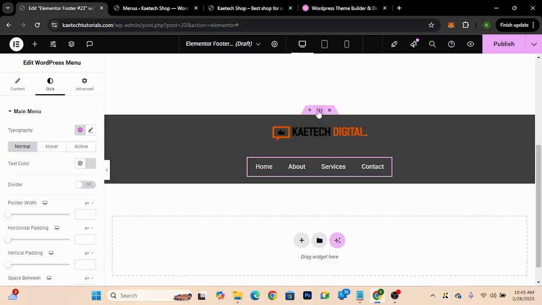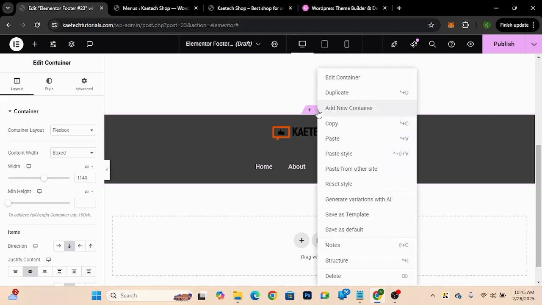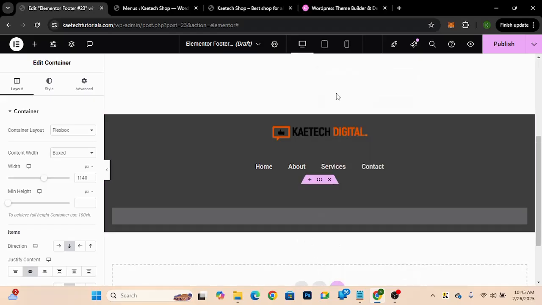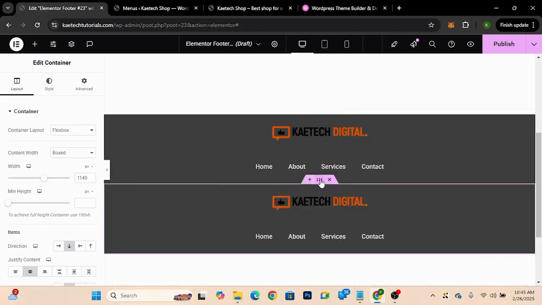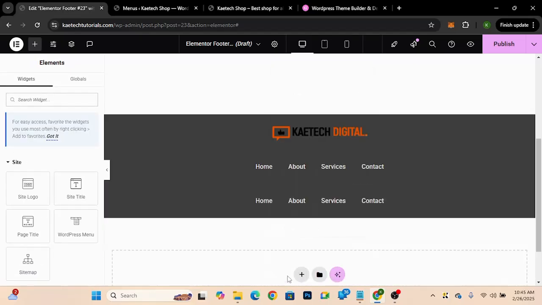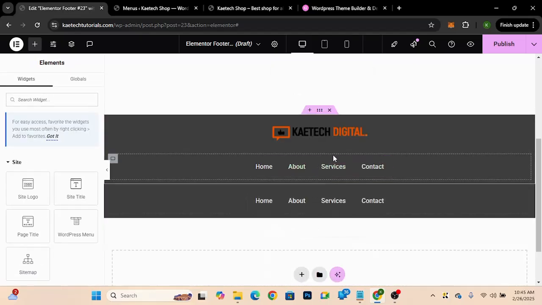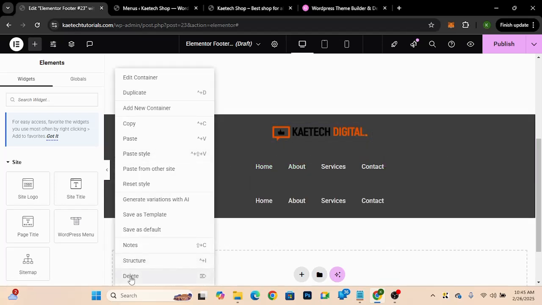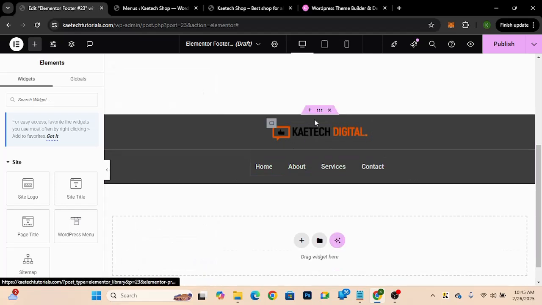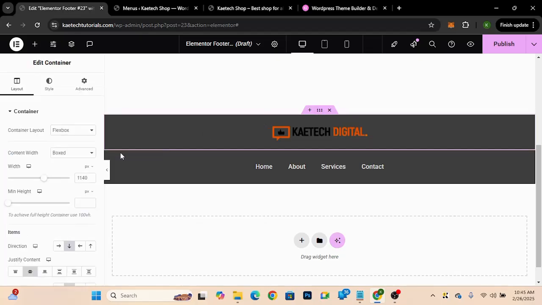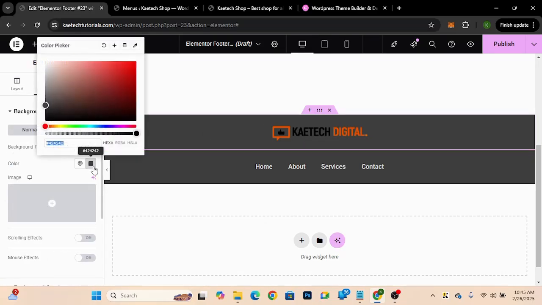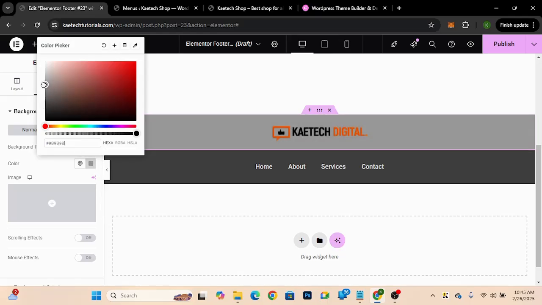Now I'll duplicate this one, duplicate it to be like this, and then remove this particular one. I'm going to delete this one, and also delete this one. The reason I'm doing this is I want to change this background, so I'll go ahead and reduce the background to be somehow